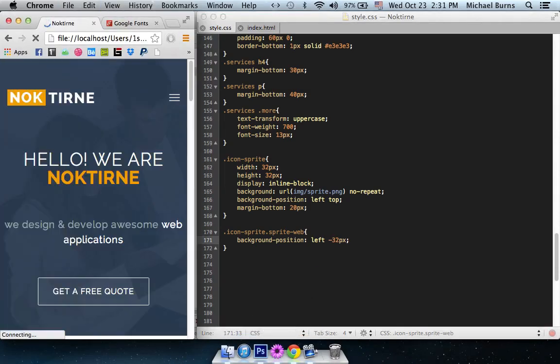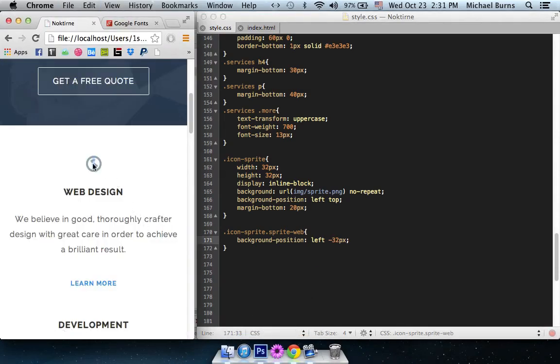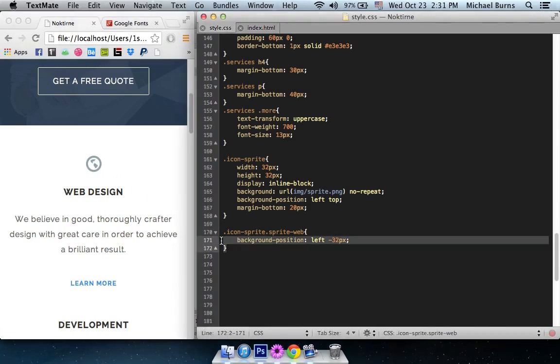Let's see what happened. As you can see, the icon of web is shown now,